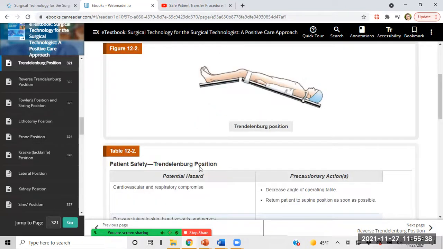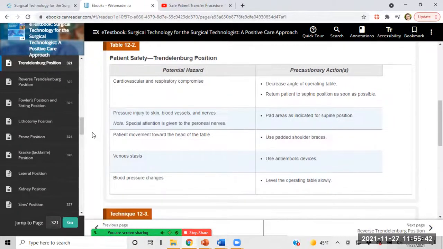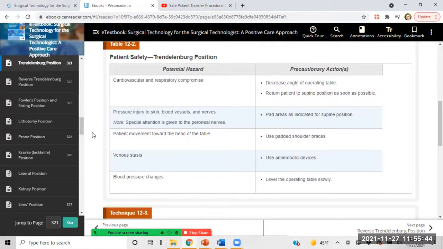and it kind of frees up a lot of visual space. And so, as you can see, there's a lot of things you can read through on this about patient safety, cardiovascular and respiratory compromise. If that is the case, then you may find that the angle needs to be decreased some. They may not be able to tolerate that 45, just depending on their hemodynamics. And then of course, pressure injury to skin, blood vessels, and nerves,